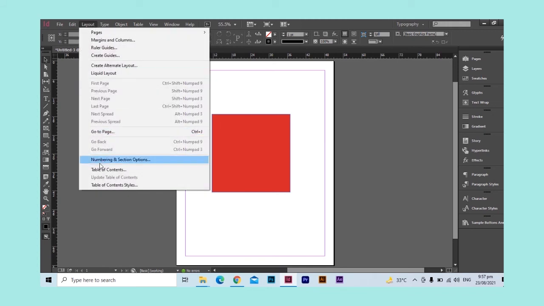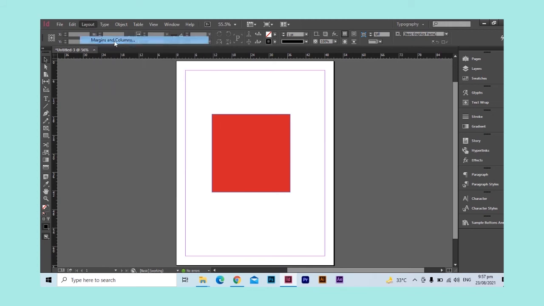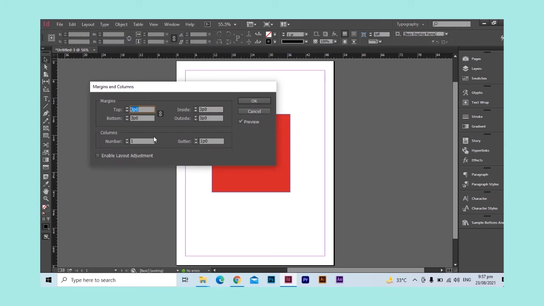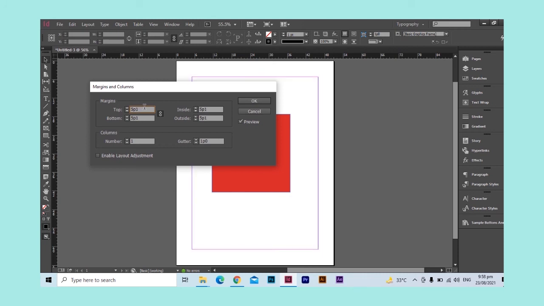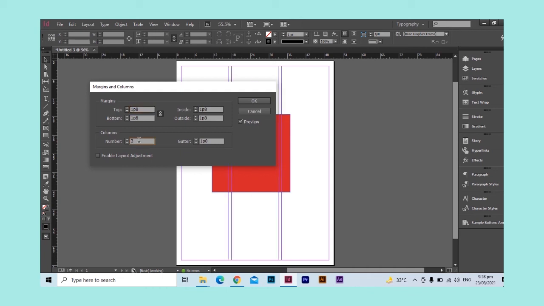In layout we have different options like margins and columns, how many columns you want, or what your margins are. Unfortunately, the margin is automatically selected in Adobe InDesign. So at that time I want to present it, you can see that it is changing. So here is how the margins and columns option works. How many columns you require: 1 2 3 or 4.